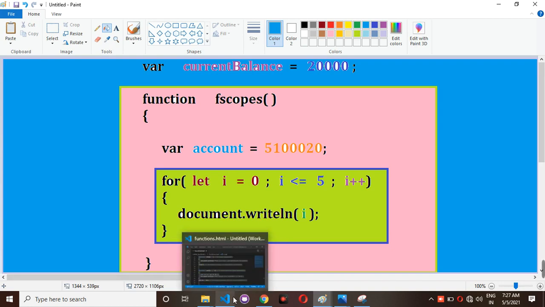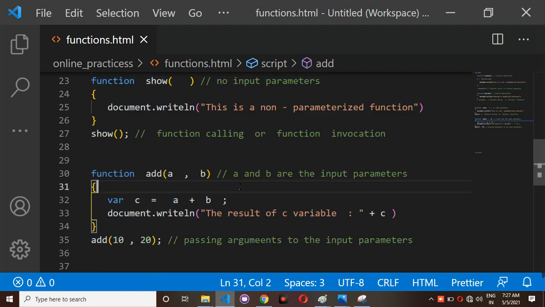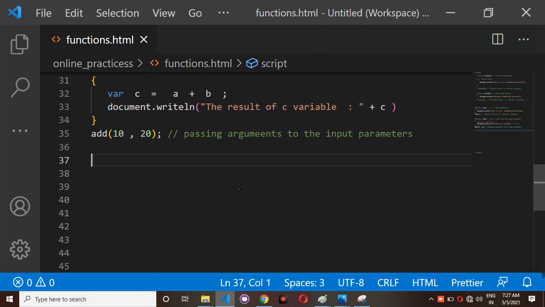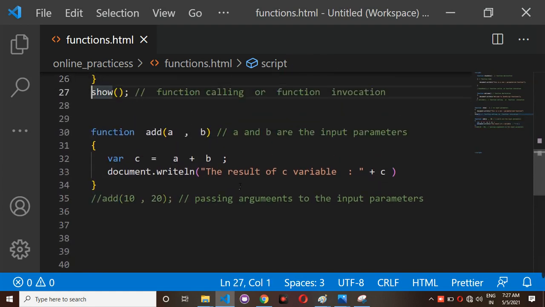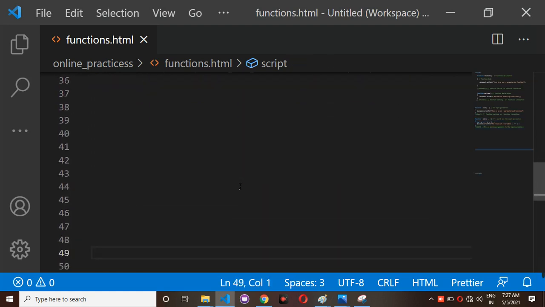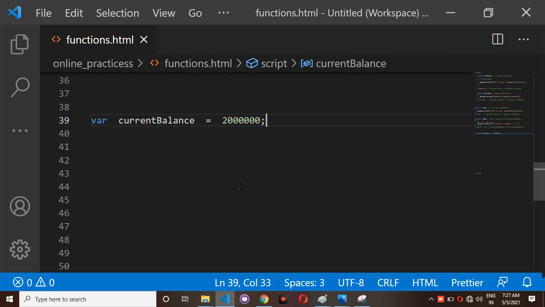Just for example, I am going to create a function, and with the help of a practical I am going to explain. So I have one variable, for example, current balance is equal to 20 lakhs, and 20 lakhs is a global variable.